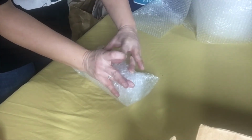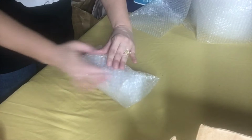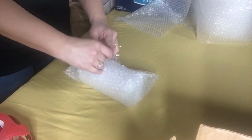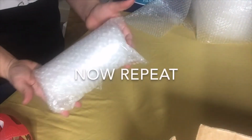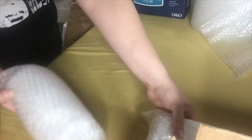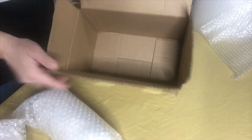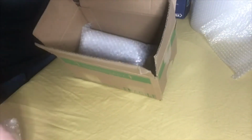Oh, I may have cut that one a little too short. I did. Okay, so those are ready to go. So I'm going to pull out my box. Now see, if I stuck these in here just like this,